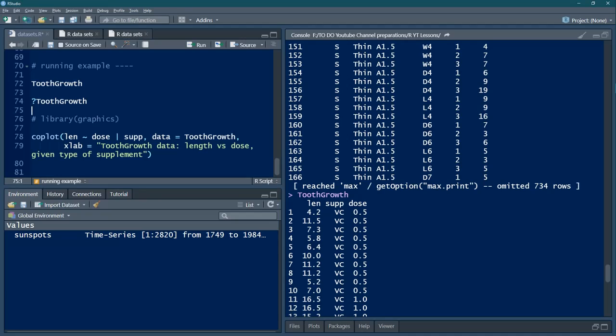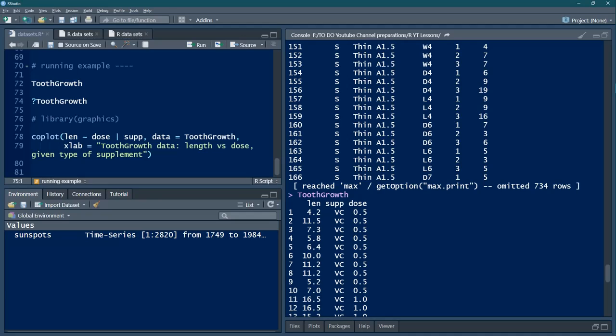The conditional expression is given using the vertical bar. Data is ToothGrowth, and xlab is the legend which we give below the x-axis, ylab naturally for y-axis. So ToothGrowth data, length versus dose, this is what we want to give at the bottom of the chart. So let's see the chart.